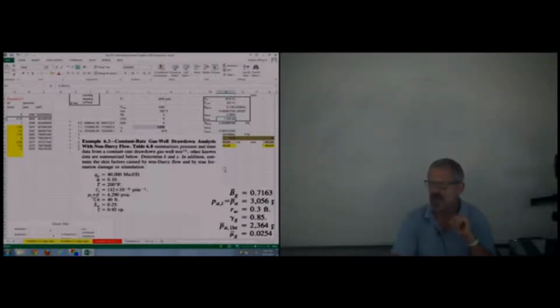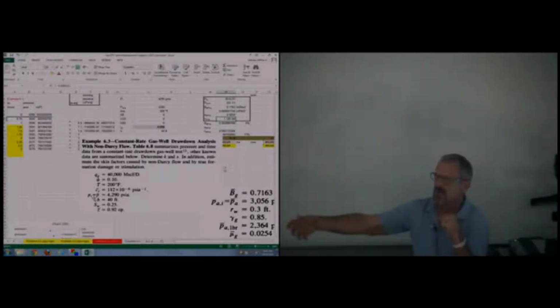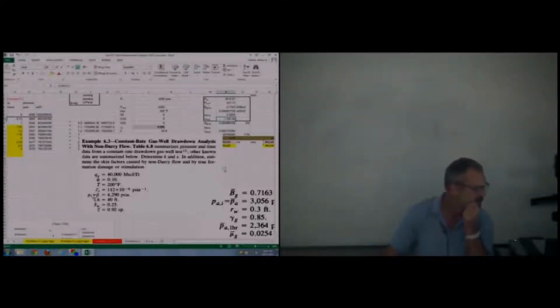Initial pressure is average pressure. Now, this becomes important because when I have to do fluid properties, I try to do it at average reservoir pressure. Most of the situations that we're going to be doing in this textbook assume this is a new reservoir, okay? And we're hardly ever looking at situations where it's a subsequent year after year pressure buildup, where we would want to know what the average reservoir pressure is so that we can calculate the fluid properties at a different average reservoir pressure. So you'll see this type of